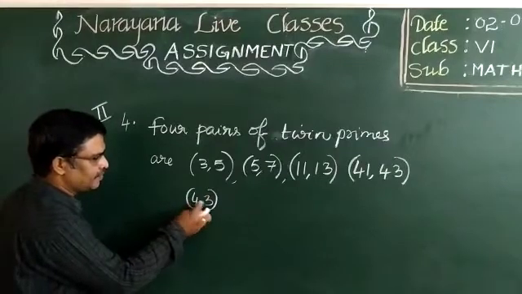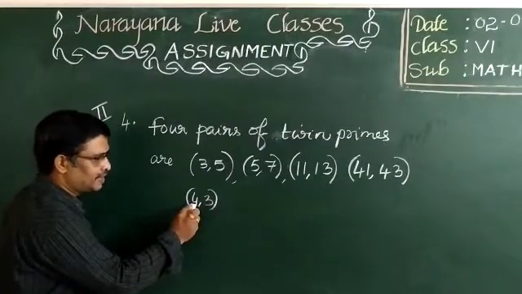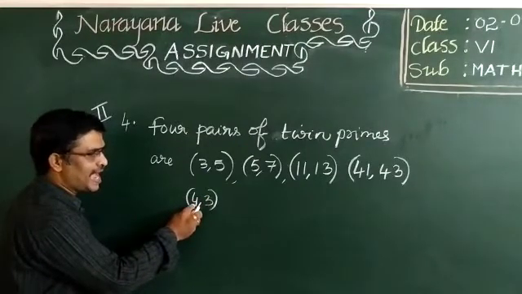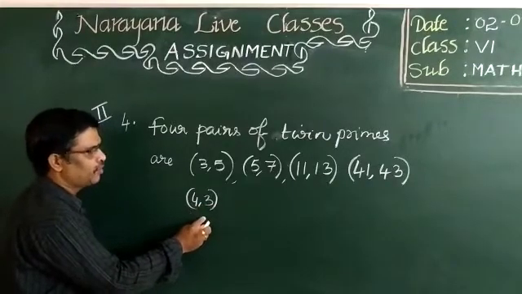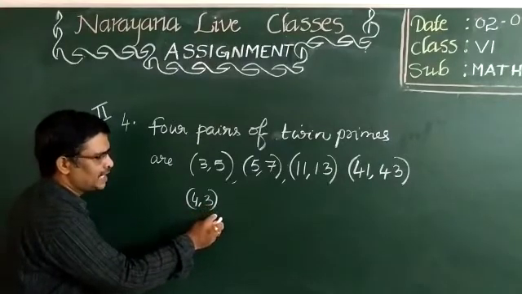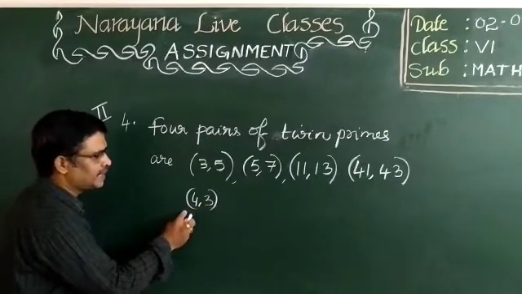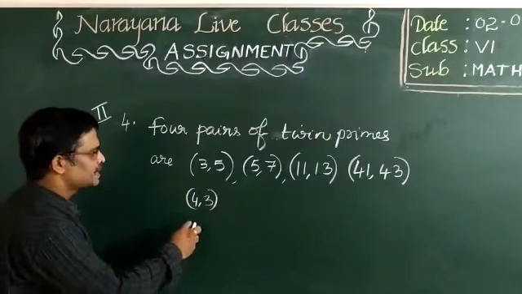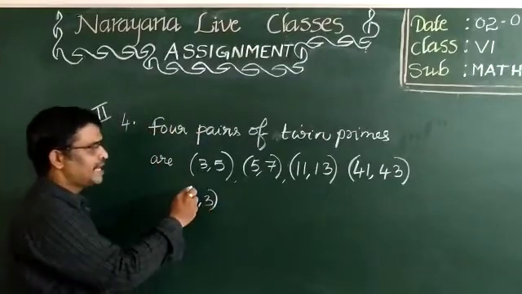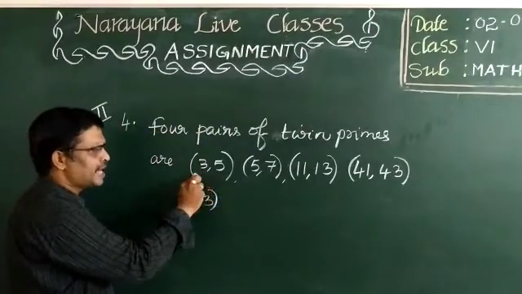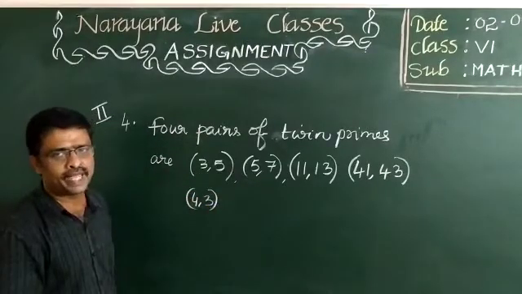If you are taking these 2, this is prime number, this is composite number. But for these two, the common factor is only 1. Because the factors of 4 are 1, 2 and 4. The factors of 3 are 1 and 3. So for both of them, the common factor is only 1. Such type of numbers we can take it as co-prime numbers or relatively prime numbers. So what they are asking, whether these are relatively prime or not. So for all the numbers, they are prime numbers only. That is, the common factor is 1 only. Therefore, all they are relatively prime.